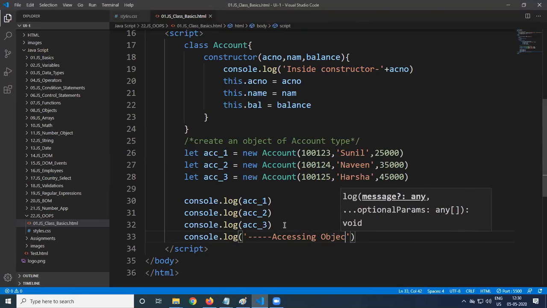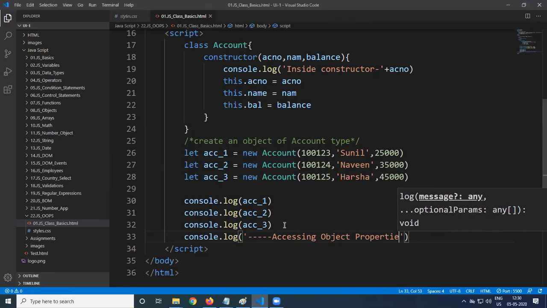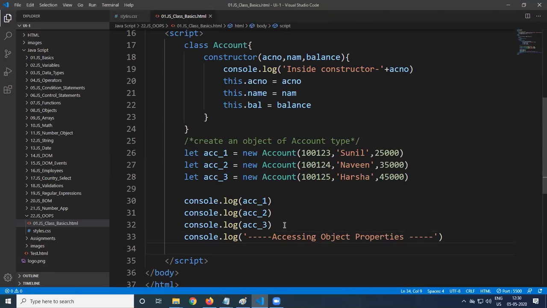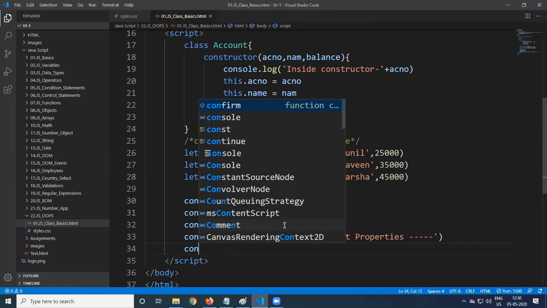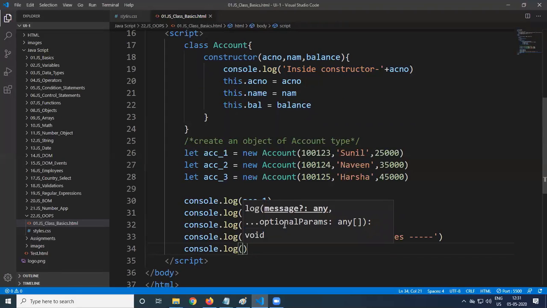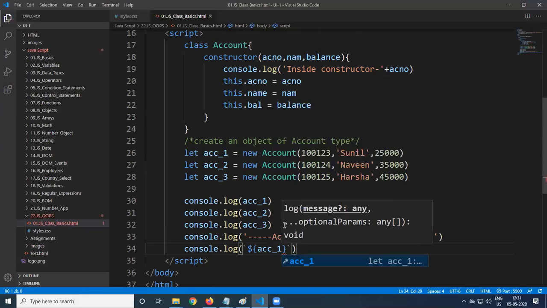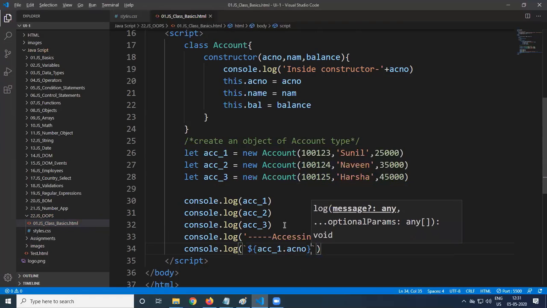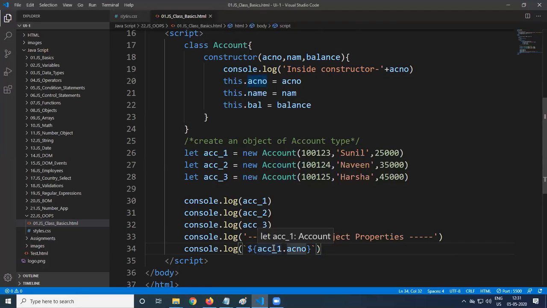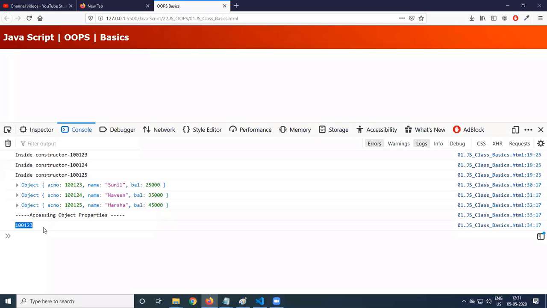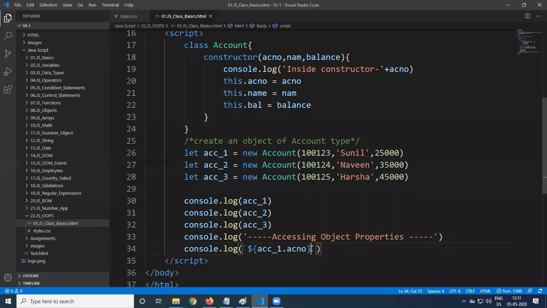In order to access the object property from account 1, console.log with a backtick, we can use $ACC_1 dot account number. So we are getting the account number property value, the state of the first object. What is coming? 100123. And we are getting a separator.